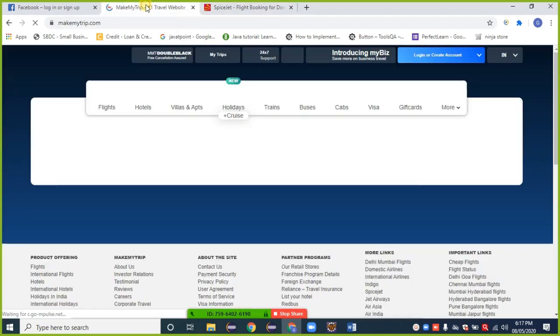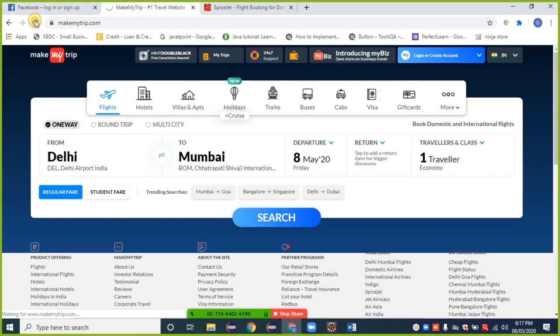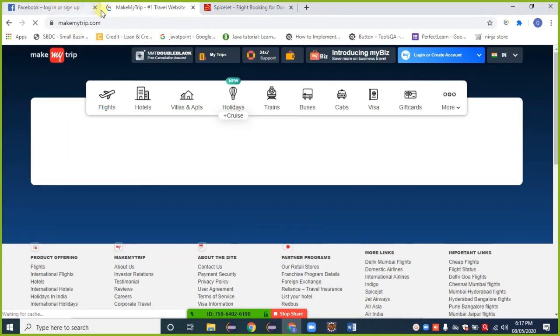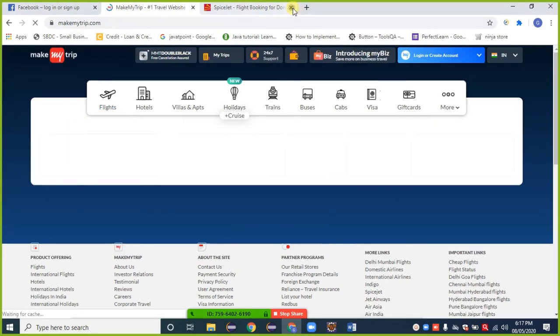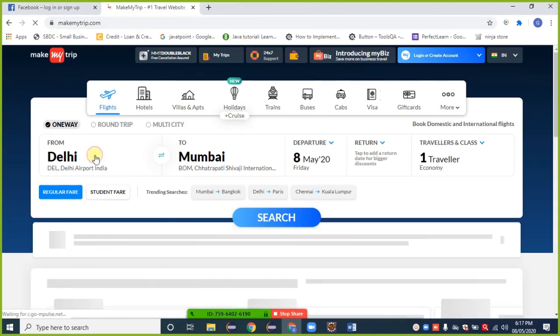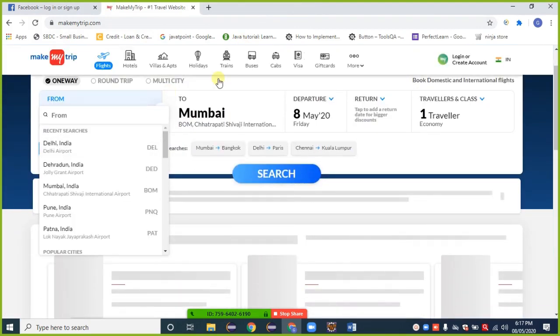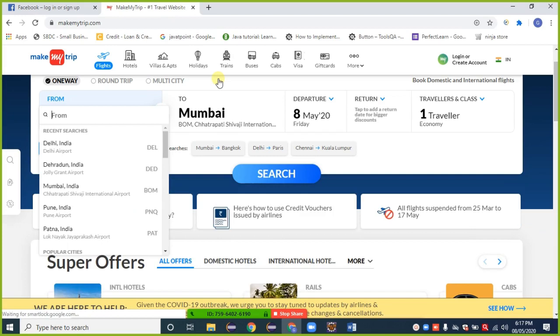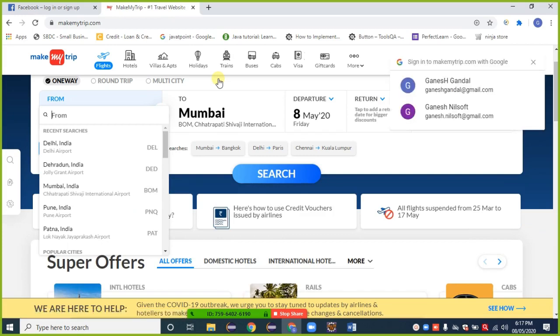And what about auto suggestive? In auto suggestive, when I provide some word here, for example, if I am traveling from Delhi, I type D. Observe that.